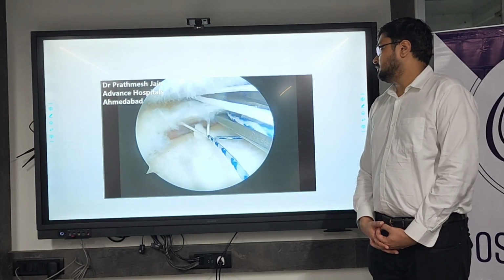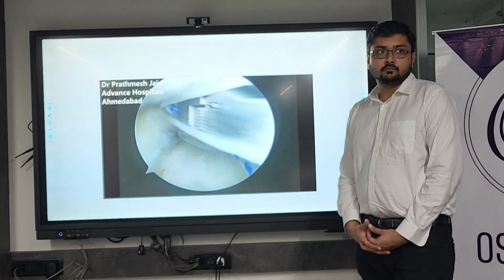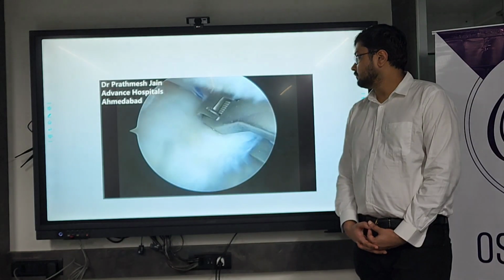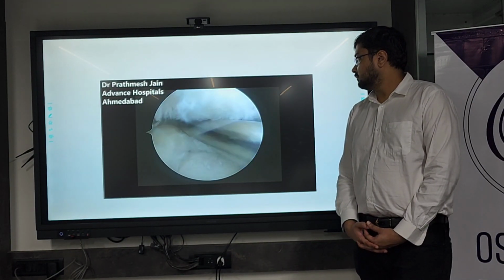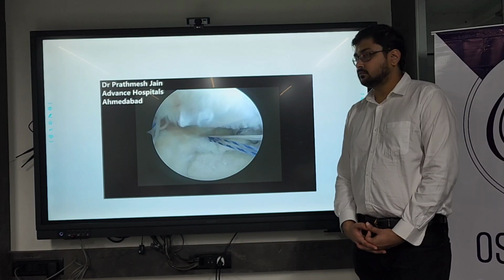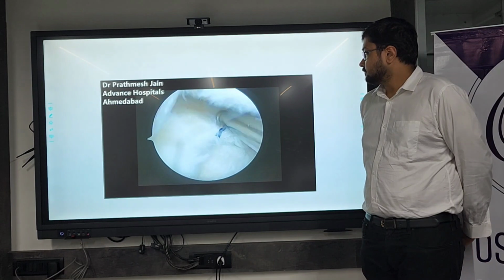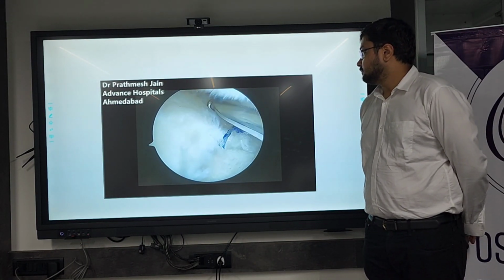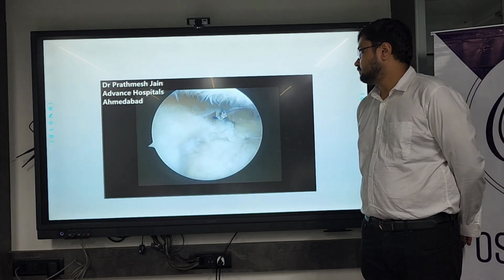Again, in this particular scenario, you have to pass all 4 because you want a mattress repair here. It is almost in the mid portion of the meniscus, and all 4 sutures are passed and tied sequentially. When you tie them, almost the whole of the meniscus comes back into the joint. So this procedure we have named the meniscus realignment procedure. It is done with the root fix anchor and X fix anchor.